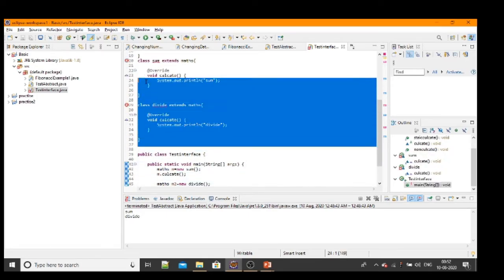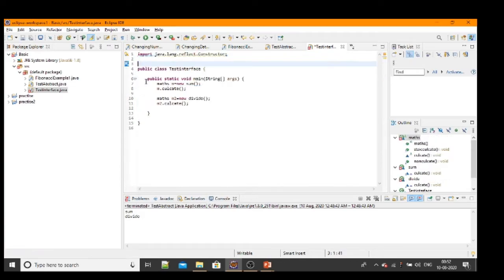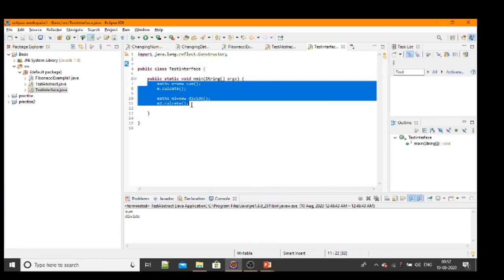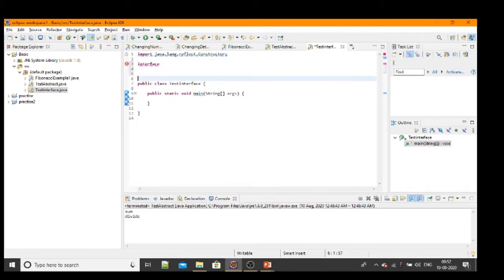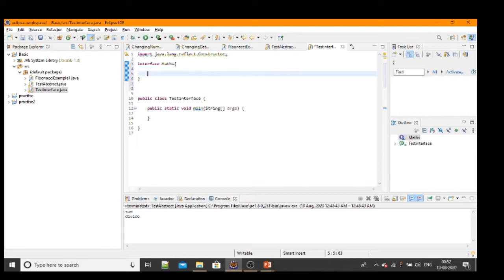I will show all the examples. This is the one main method. I define the interface. The interface name is Max. One method is defined, for example,